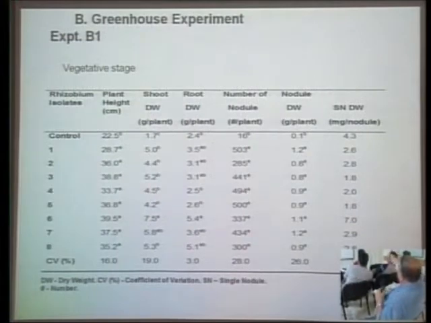Yeah, and you have 7 milligrams per nodule, and you have an enormous, evident increase in shoot and in root for number 6. So I think that these results are more important, aren't they? And this I must say was carried out at the right season of the plant. Yeah. Now let me ask you something even a little bit more